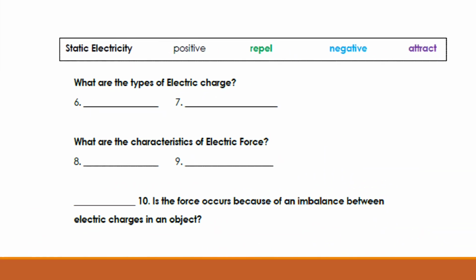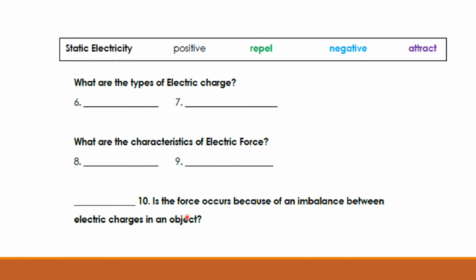For the next part, you also have choices here: static electricity, positive, repel, negative, and attract. For numbers 6 and 7, you have two answers. What are the types of electric charge? For numbers 8 and 9, what are the characteristics of electric force? And for the last number,